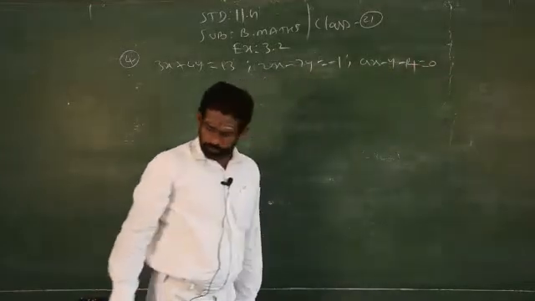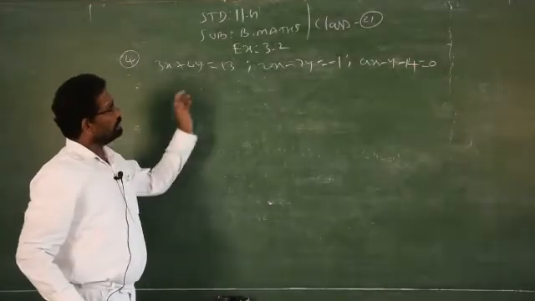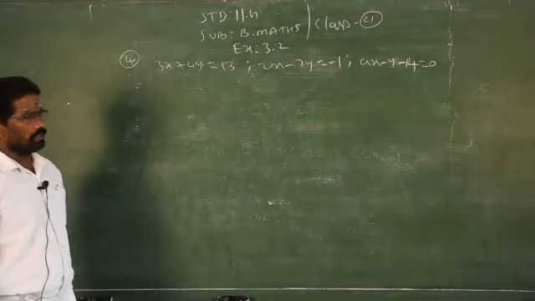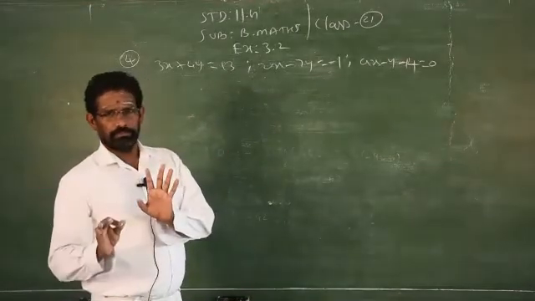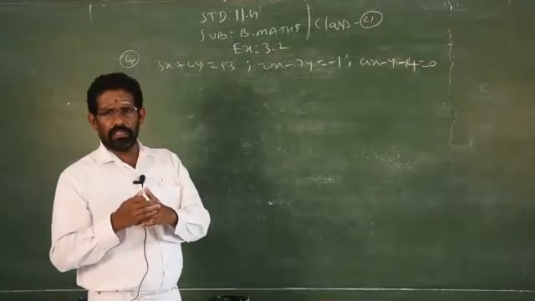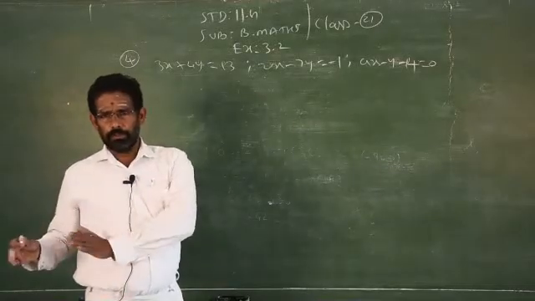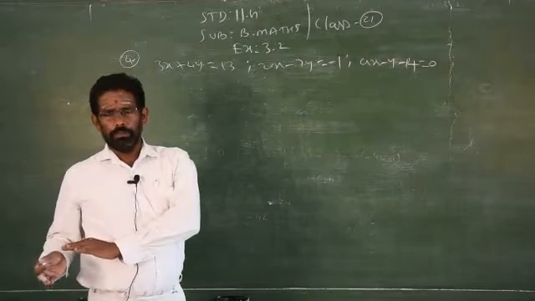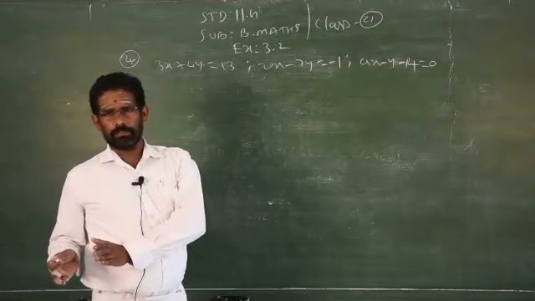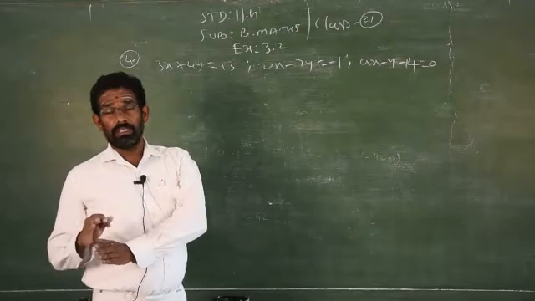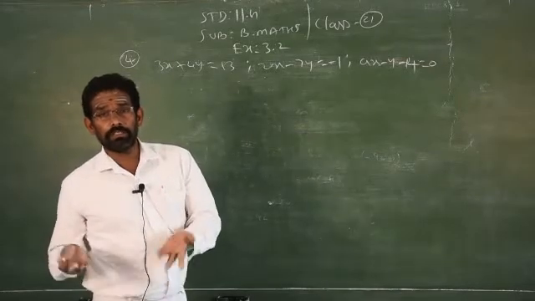Three equations are given and they say these three lines are concurrent lines, which means the determinant of the matrix is equal to 0. Clear? To prove the lines are concurrent, your determinant will be equal to 0. If you prove the determinant equal to 0, you can say that the given straight lines are concurrent lines. It is given already that it is concurrent, therefore your determinant is 0.